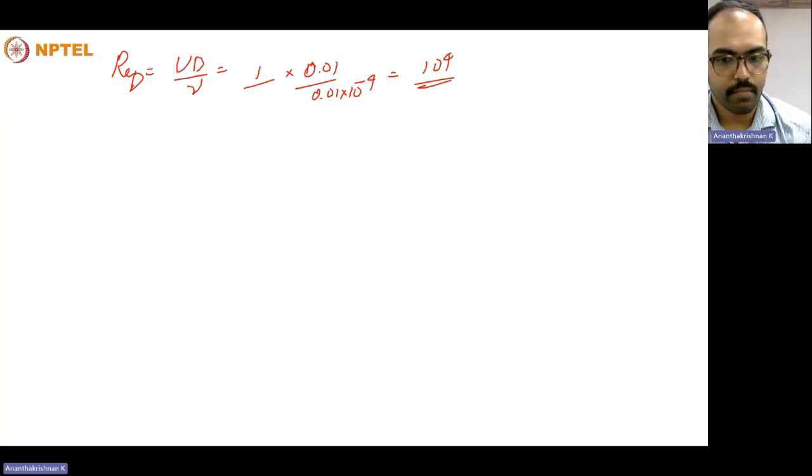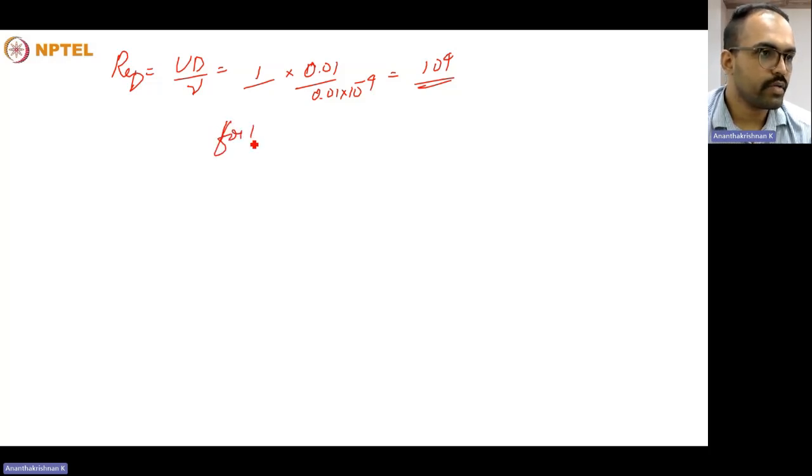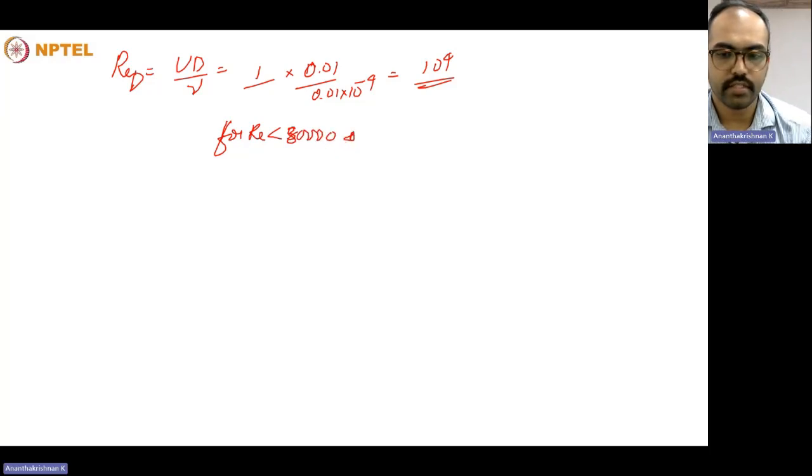So we do not know whether we can apply that. But there is a standard correlation. In this case we could use the correlation proposed by Blasius for Reynolds number less than 80,000. What we can use is the Blasius equation, given by